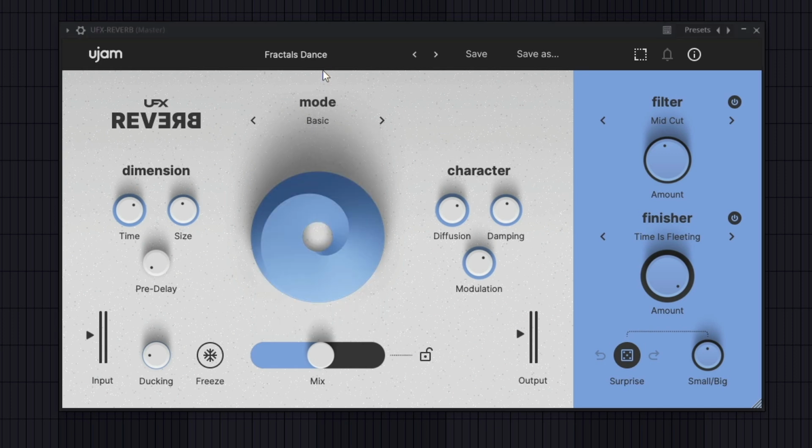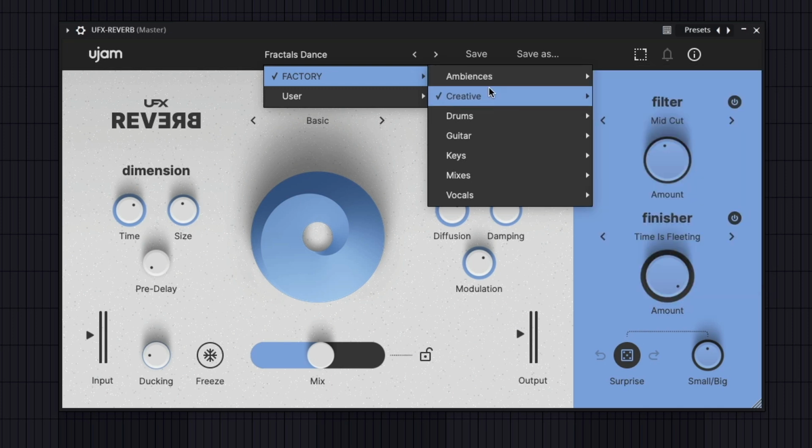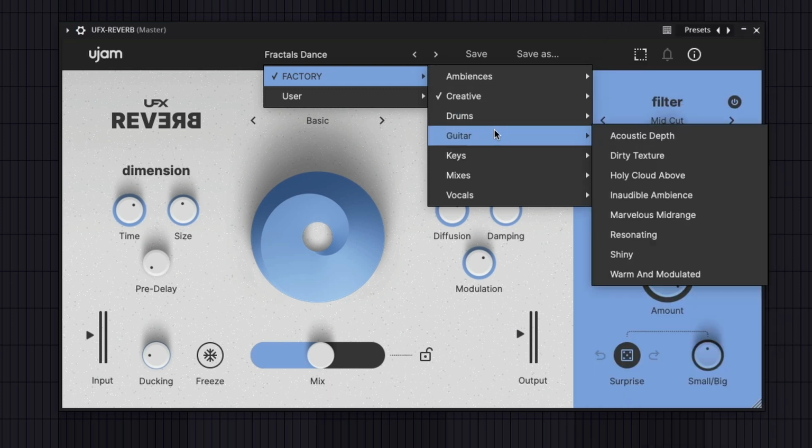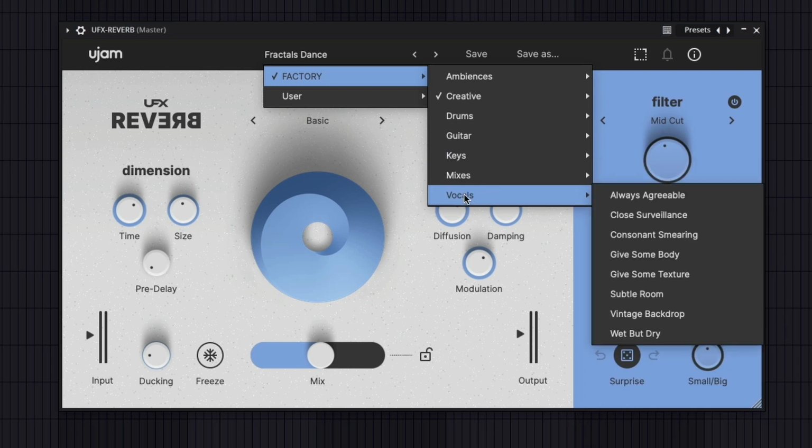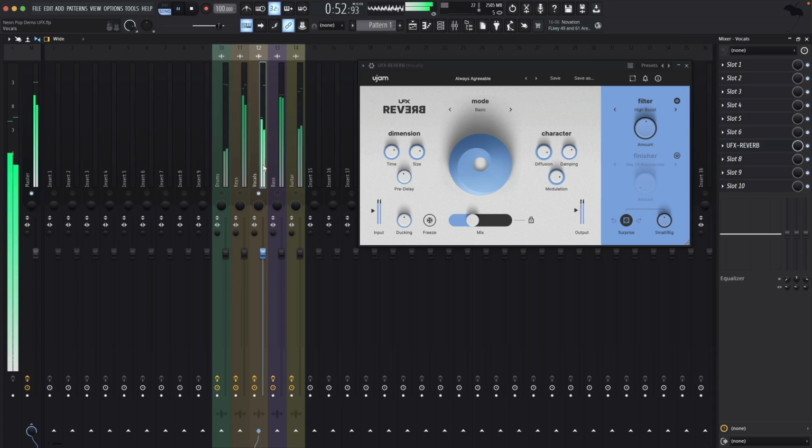When you open UFX Reverb for the first time in your DAW, the first thing you should take a look at are the global presets at the top bar of the user interface. Here you can find the subcategories that will help you to find a reverb that suits your music production needs